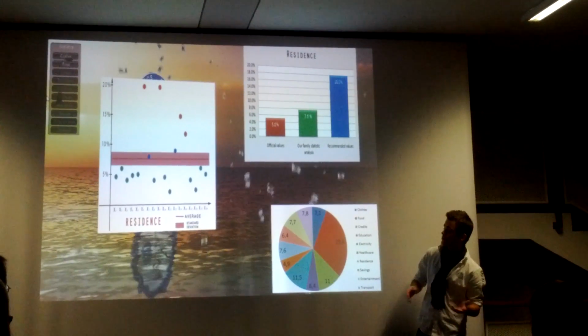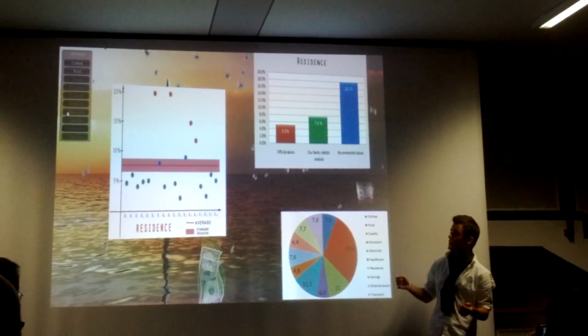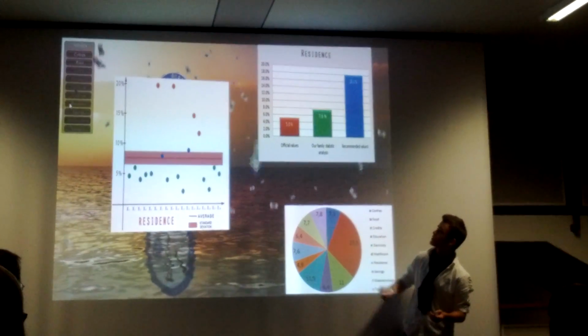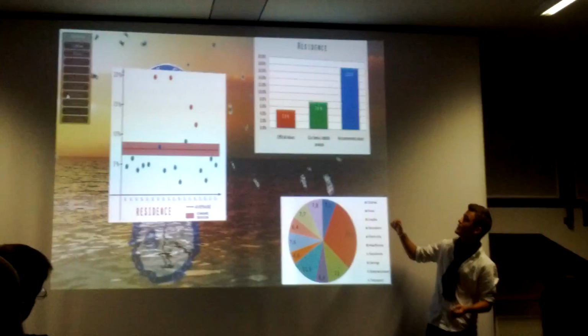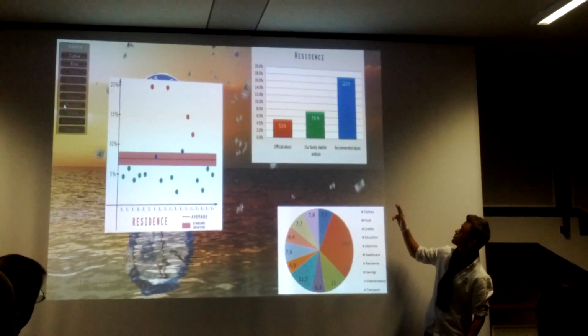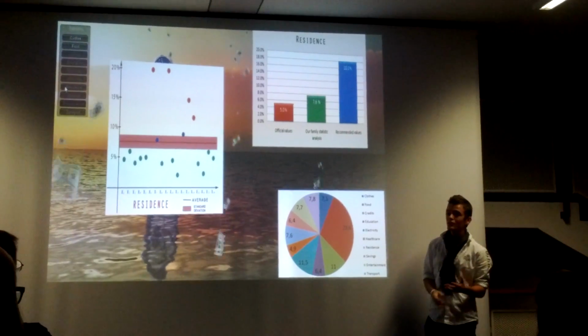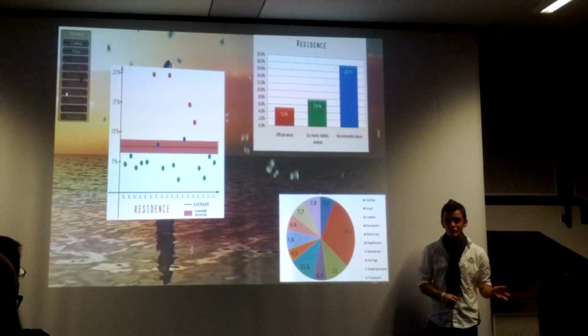But there are also families who rent homes, and these are the families with the red dots, which are above the standard deviation line. And also, if you look at the graph on the right, you'll see that the recommended values are quite a bit higher than the family statistic, than the data that we have collected. Next slide, please.